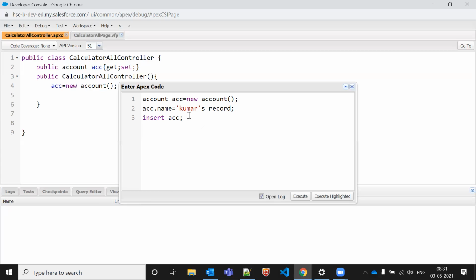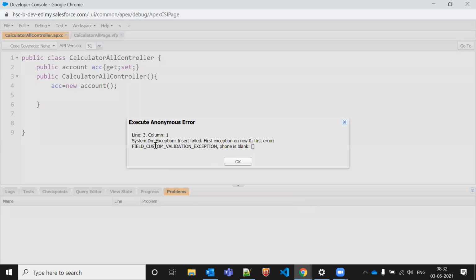If I'm writing insert ACC, it means we are going to insert it, and all the mandatory fields, the mandatory names and all which we have, should be filled by any name. So I'm clicking on the execute button.